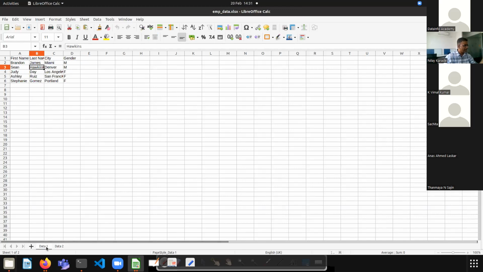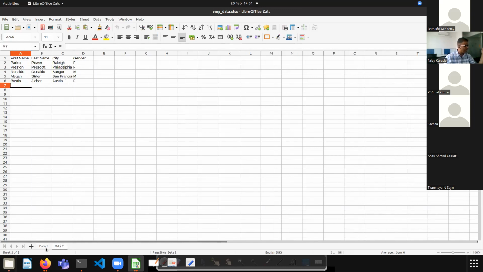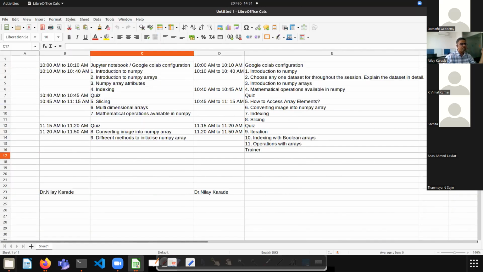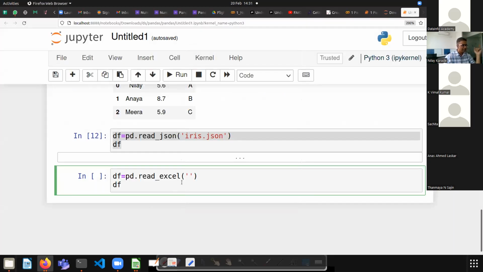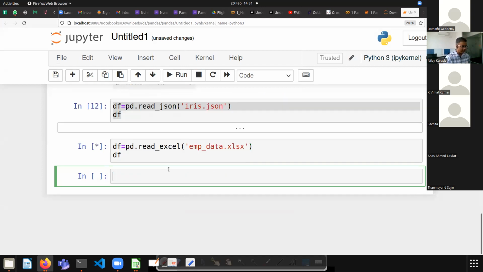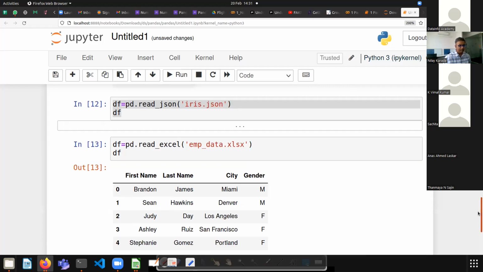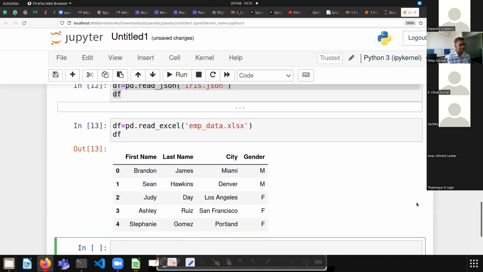So in the first sheet we are starting with Brandon. Maybe this is an employee or customer related file which stores the information. The second one starts with Parker. So if I want to read this file, I will write it like this: emp_data.xls, and then okay, let's execute this. We will see what happens. So you can see that by default the first sheet has been read